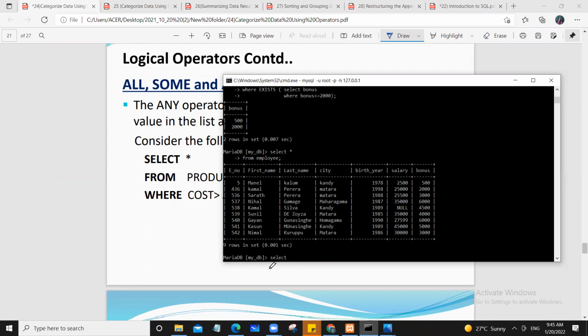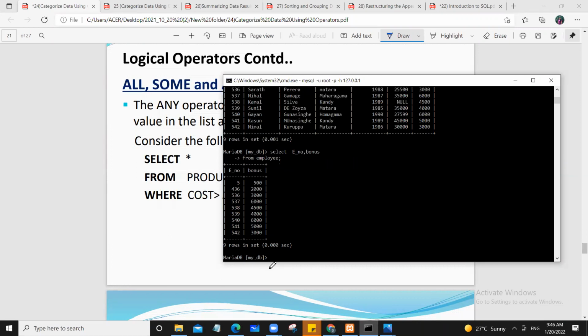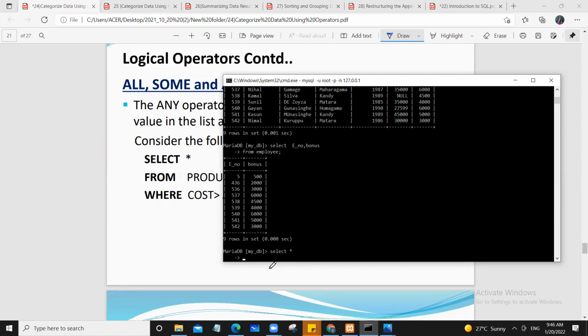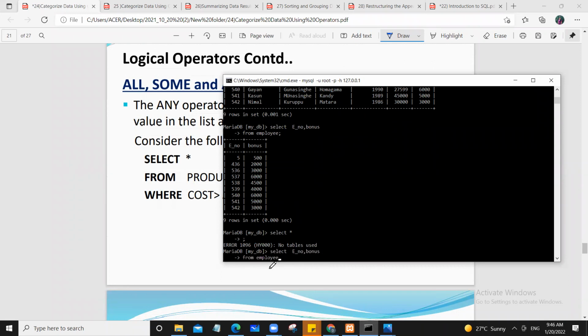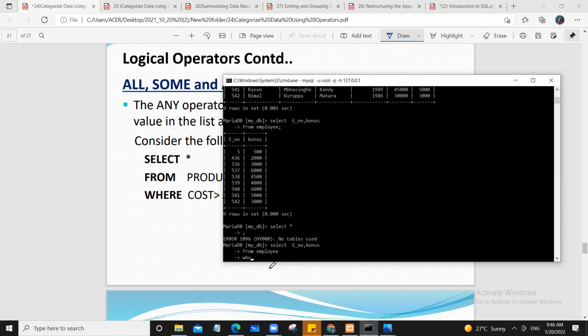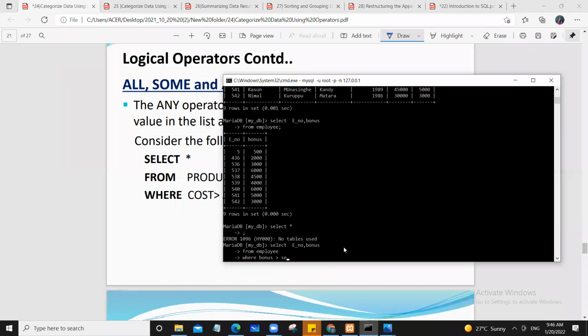Now we are going to select employee number and bonus from employee table where bonus is greater than, select